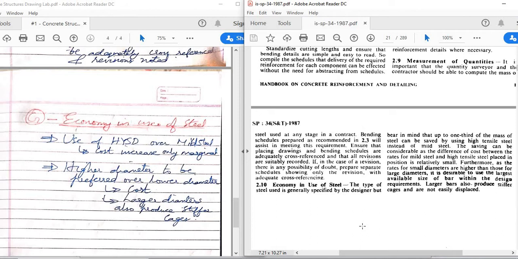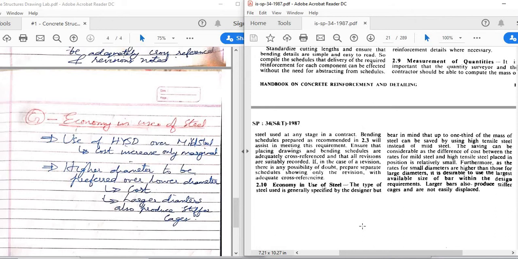So I've seen this actually in some small towns. The engineer might design with 415 steel, but the contractor, if he's a small contractor, might be getting actually 500 steel. So he might not pay attention whether it's 415 or 500, because the cost difference between 415 and 500 might be very marginal.